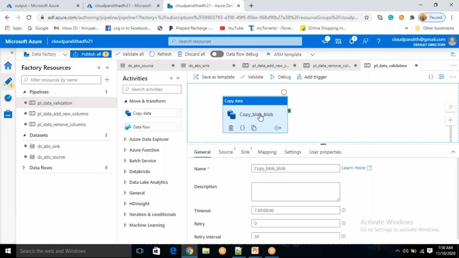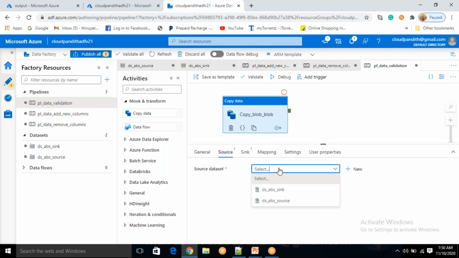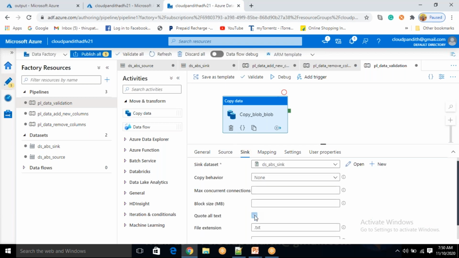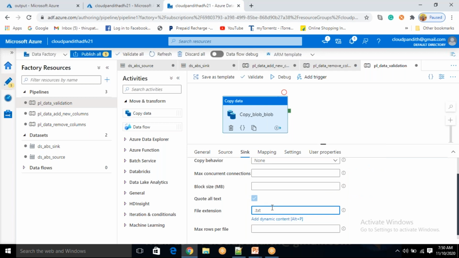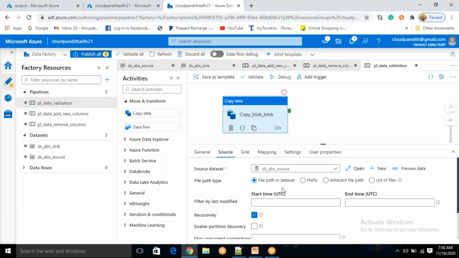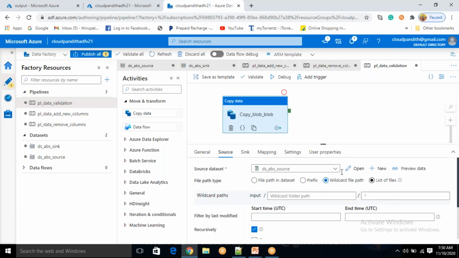Okay, fine. Now, what is your source? Your source is clear already. Source dataset. What is your sink? Sink is this. Just to avoid confusion, here itself, I'm marking it as .csv. Second thing that we need to take care of: come to source, select the wildcard file, and everything I need to pick.